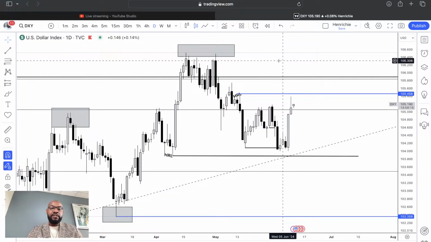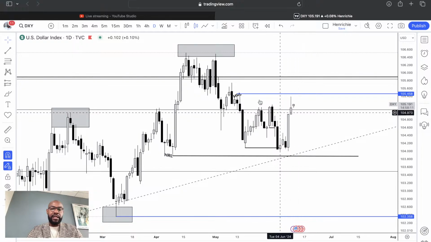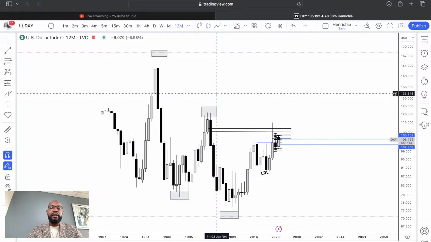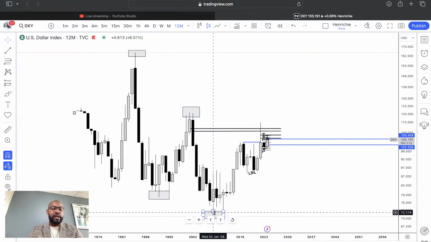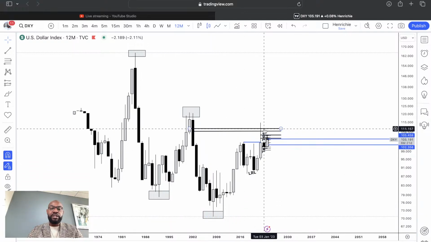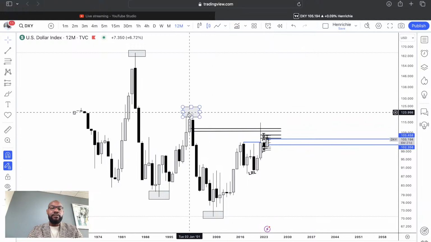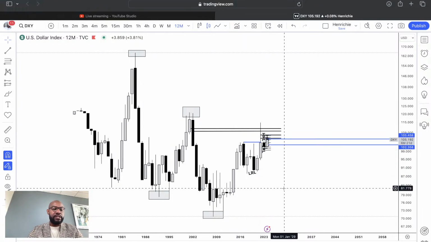Now, one of the major reasons why I'm not really so keen on looking for a sell on the US dollar is because the 12-month time frame, as I've always talked about right here, is still within a bearish range, with a lower high and a lower low resting right here. So anything can happen within this range and price could potentially continue higher until we break above this range's lower high. Until we break above this high, I still wouldn't be surprised if I see a rejection and potential move to the downside on the dollar.